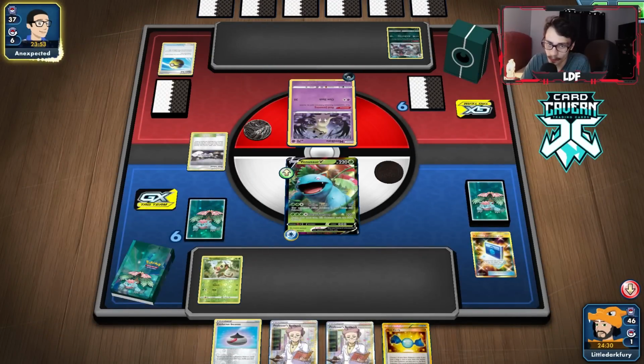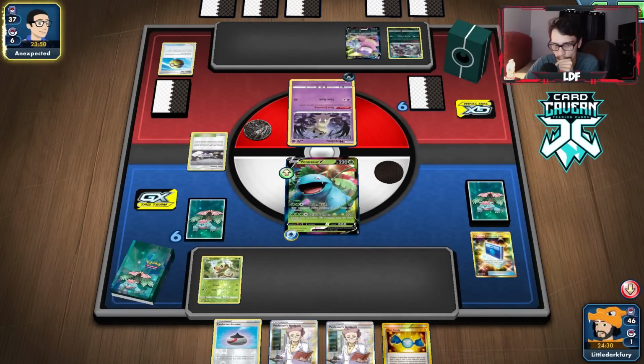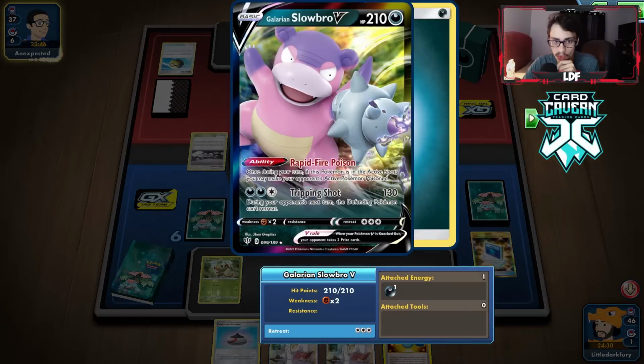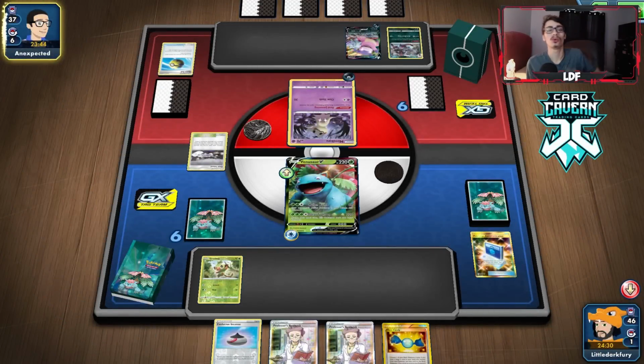Slowbro? What does this do? 130? Oh, are they playing a Slowbro deck? Oh, okay. That's actually interesting. They are playing a Galarian Slowbro V deck. That's pretty unique. I rate the idea. I like it. That's a cool...